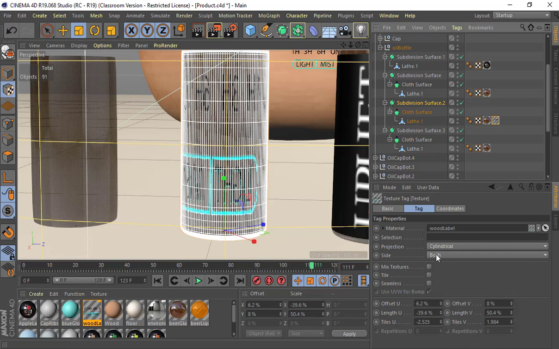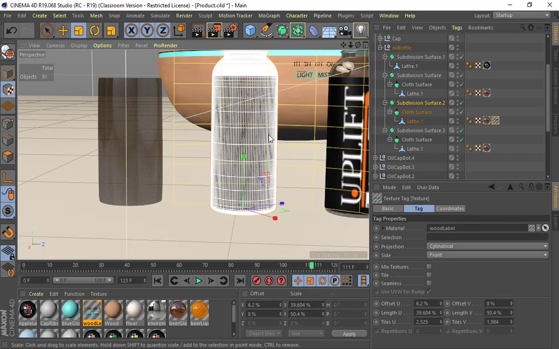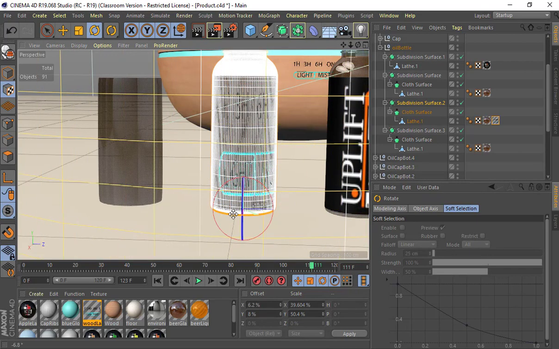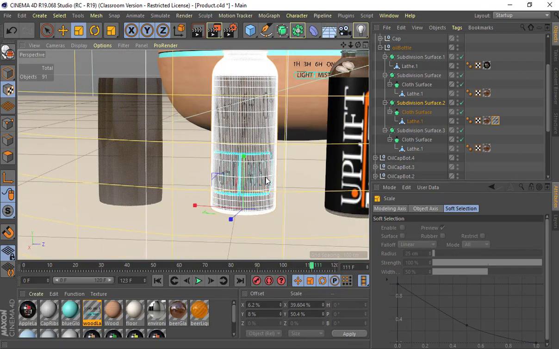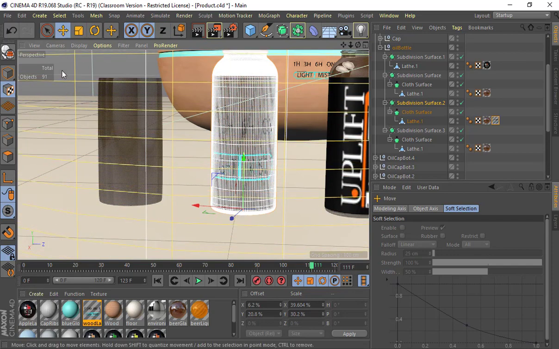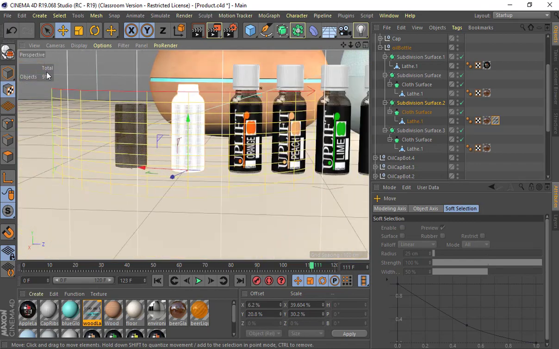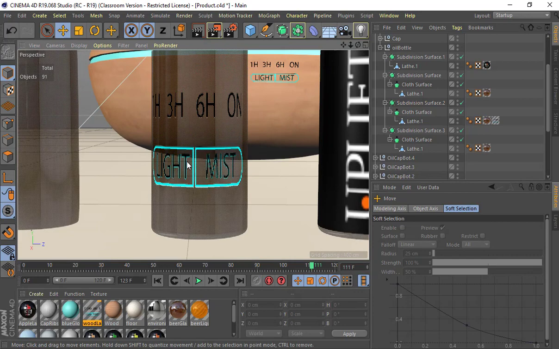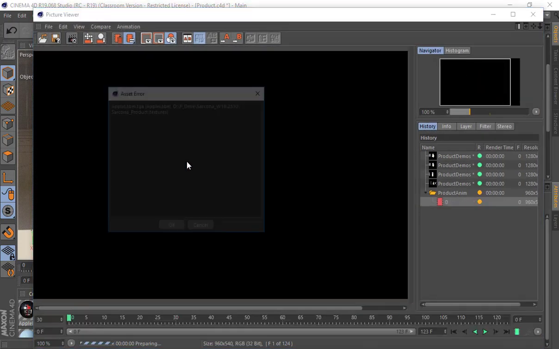Tile texture, projection. Yeah, I'm not sure how it got backwards, but it's backwards. Oh, wait, there it is. Under tiles U, it was negative. So now it should be placed correctly. All right. So I will scale this down a little bit more, move it down a little bit more, and then just deselect all my stuff. So now you can see that that label is now on the glass. So it's actually like a separate piece that's on there. And then when this renders,